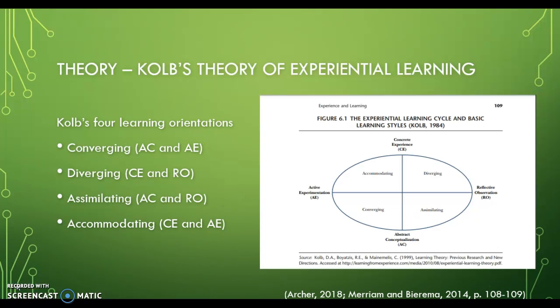Based on these learning orientations, Cobb devised 4 learning styles, each made up of 2 learning orientations that can help educators facilitate learning based on the strengths of their learners. In the converging orientation, learners apply ideas in practical situations. In the diverging learning style, learners are imaginative and construct meaning. Assimilating learners see patterns and build theories from their observations. Accommodating learners are doers. They make plans and implement tasks.